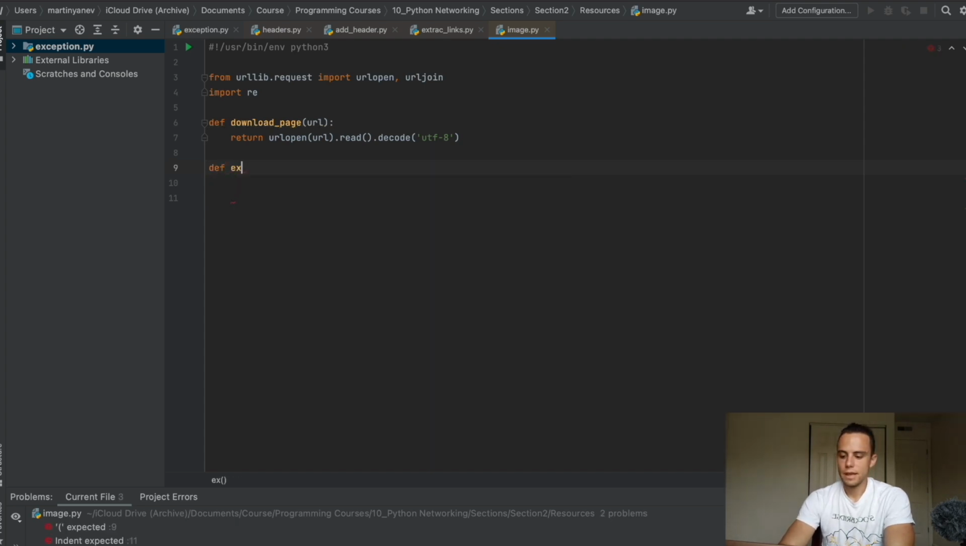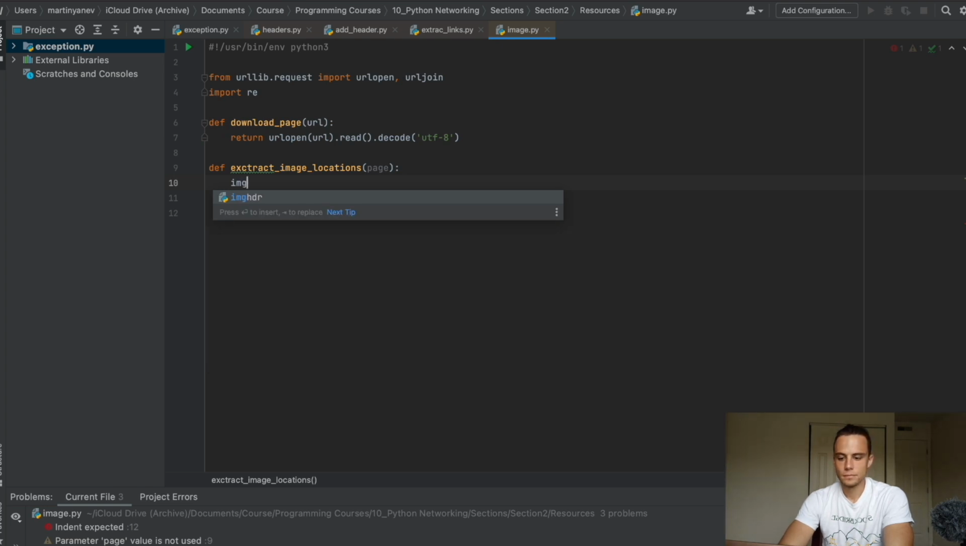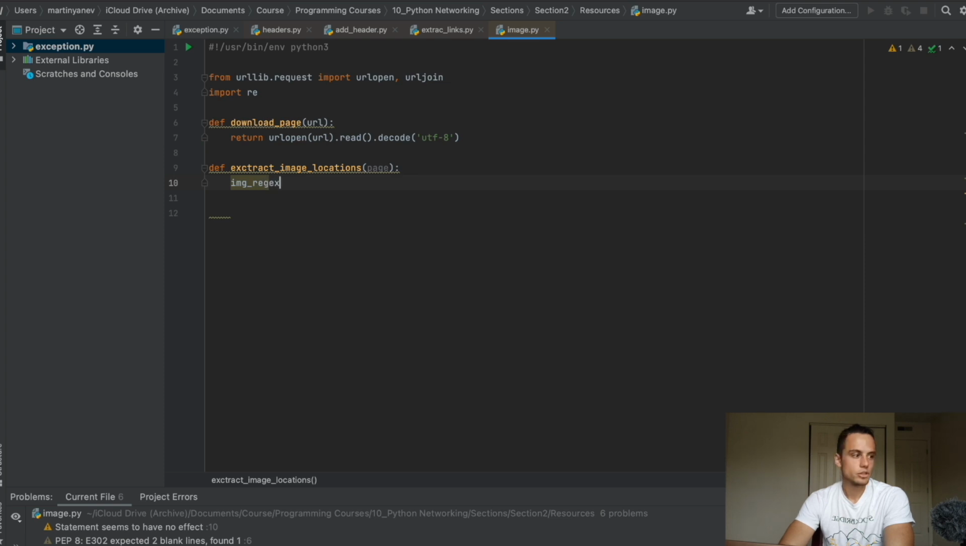So def extract_image_locations, and here I write page. Here we're going to pass the page from that URL, and I write img_regex equals re.compile,